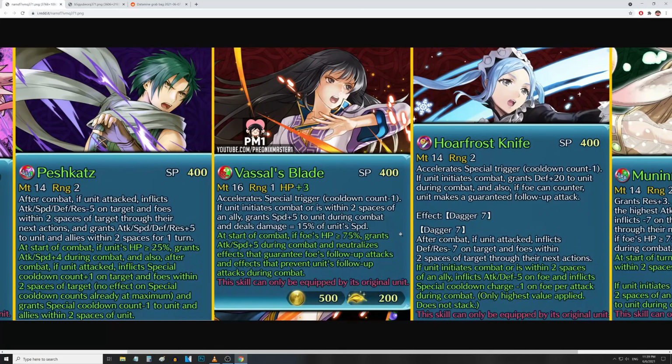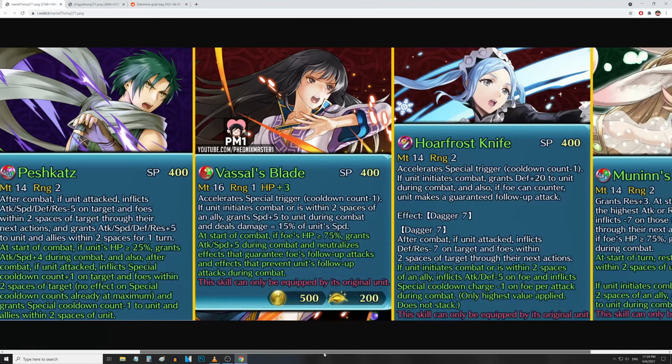And then at the start of combat, if foe's HP is above or equal to 75%, grants attack and speed up 5 during combat, and neutralizes effects that guarantee foes' follow-up attacks, and effects that prevent units' follow-up attacks during combat. Bro, so they just gave her null follow-up and attack and speed up 5, and then all of this extra stuff as well. Wow. Yeah, this is a pretty good refine for her. Actually, this is the best refine we've looked at so far, so let's see if any of these other guys